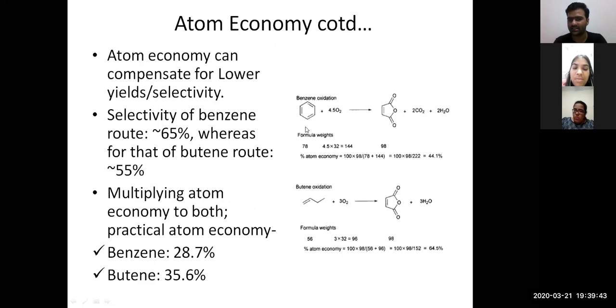The example that is given is, if you want to synthesize maleic anhydride as the final product, you may do so either from benzene as the starting material, or you may do so from butene as the starting material, right? Now, when you start with benzene as your starting material, the formula weights are 78 for benzene and 4.5